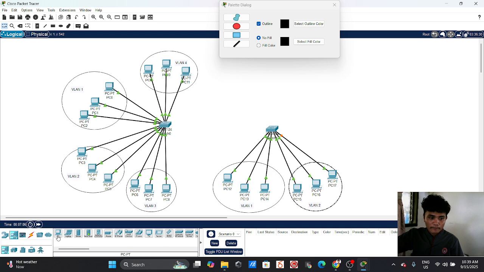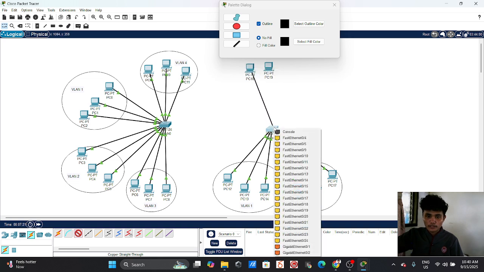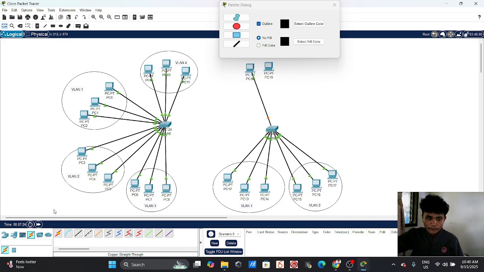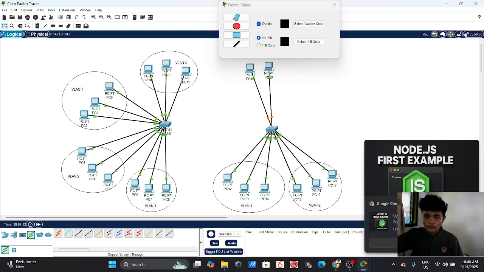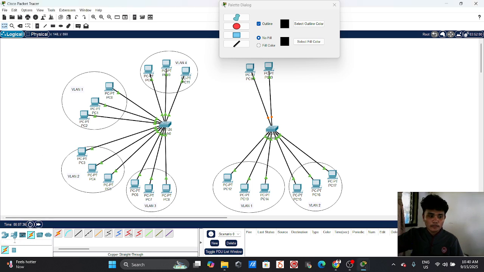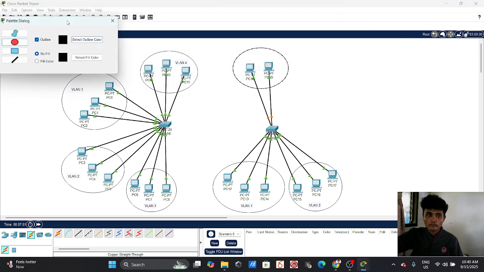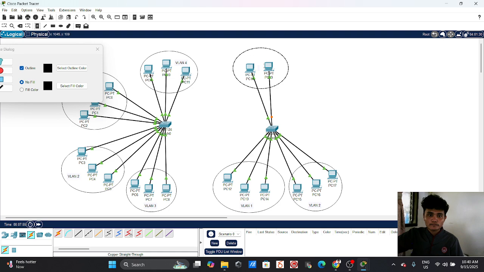Next, VLAN 3. So VLAN 3 is for fast Ethernet 11 to 15. This is our VLAN 3.